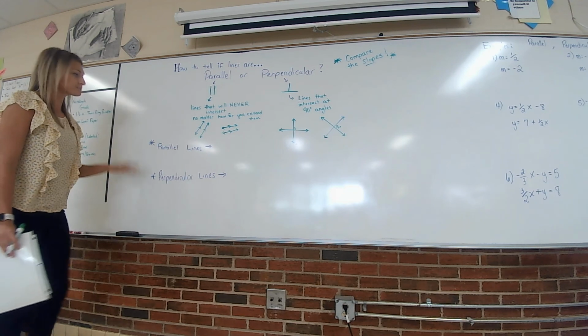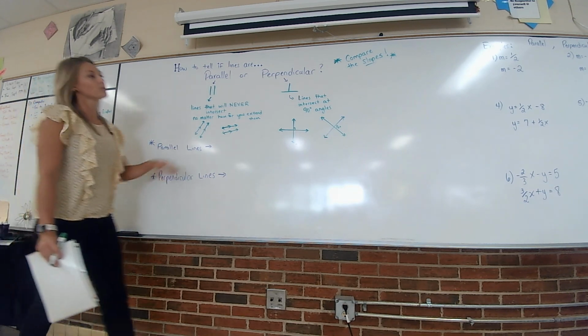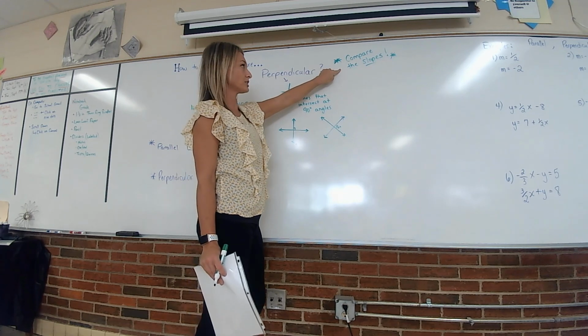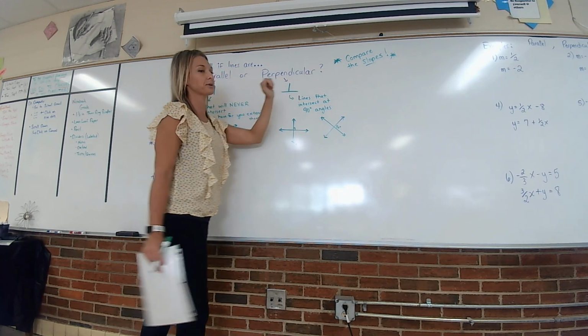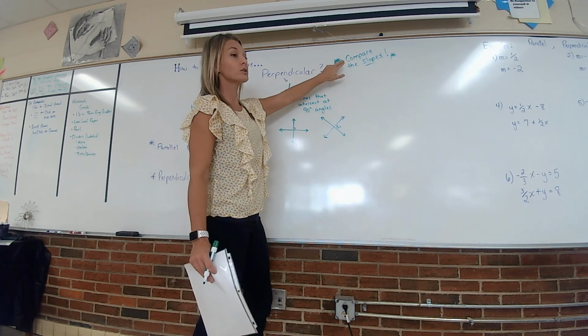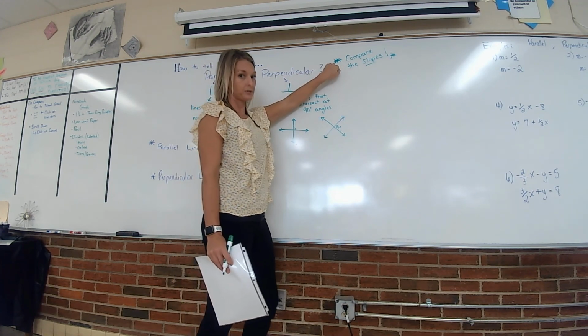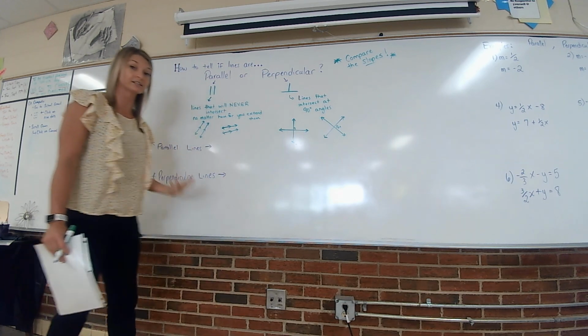And so, how do you tell? Well, that's what I was talking about up here: if they give you information and they're asking you, are those two lines parallel or perpendicular, you're going to compare their slopes. So that means you have to find their slopes, okay? So once you find their slopes,